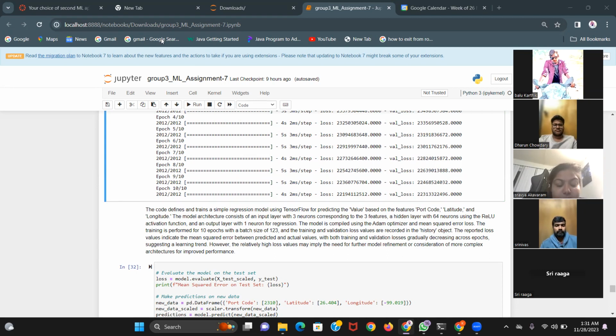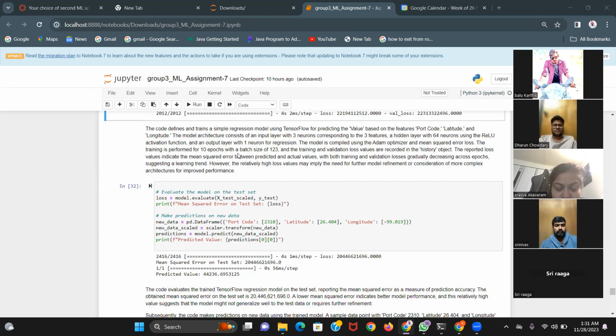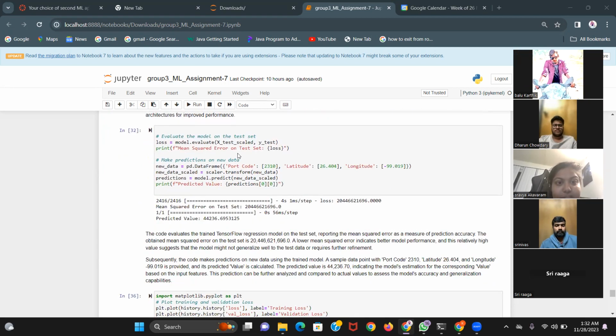Can you please scroll down? And then we are evaluating the model on the test set. Here you can see the loss function, and also we are printing the mean squared error on this and making predictions on new data. Like we are using the data frame for the port number, latitude, and longitude. Here you can see the results. You can see the predictive value like